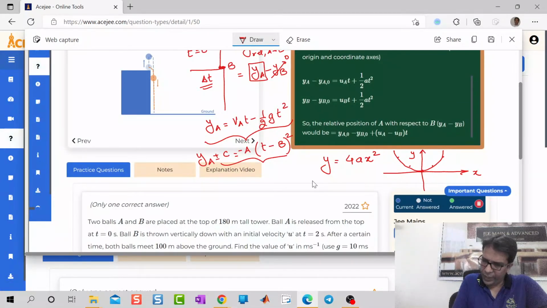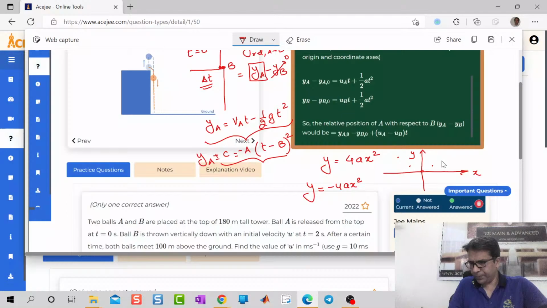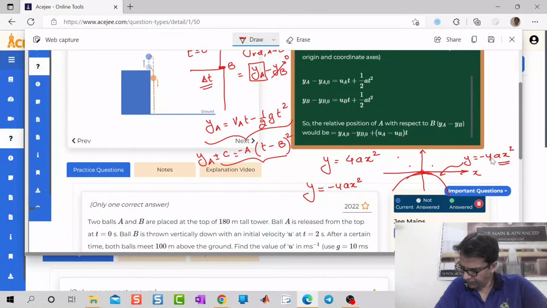How will y is equal to minus 4ax square look like? Just invert it. So this will be y is equal to minus 4ax square. Okay, beta? Yes, sir. Okay. Now the